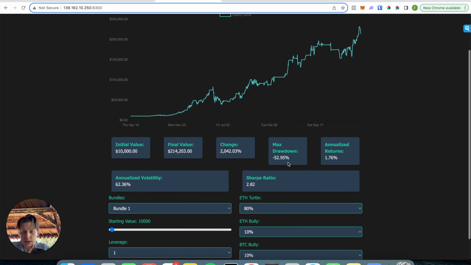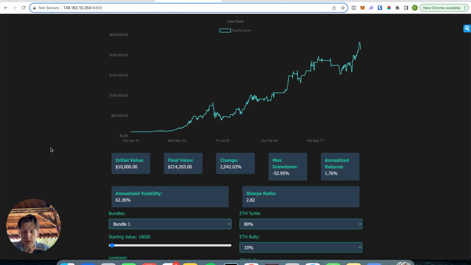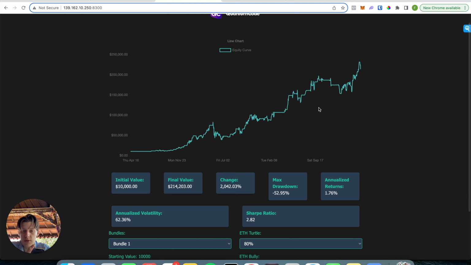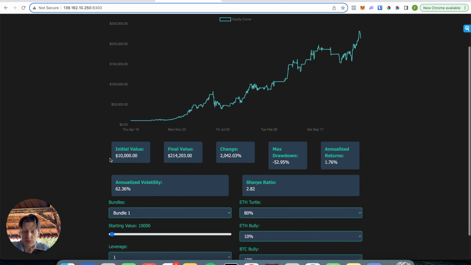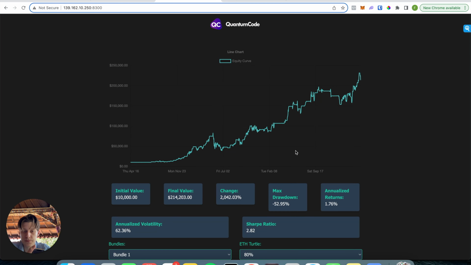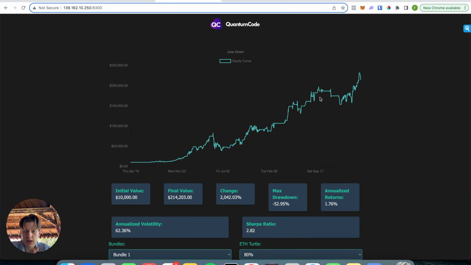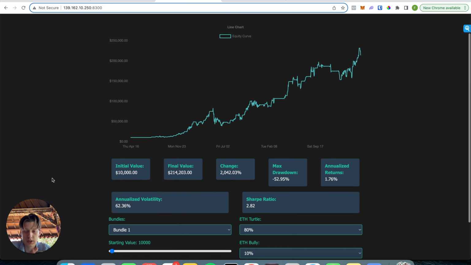So yeah, this is the strategy that we've been looking at here, over a longer period of time, compounding. Now, what do we do if we use leverage? Let's try a 2x leverage. What's going to happen? It's going to change slightly. We will have more profits for a larger volatility.